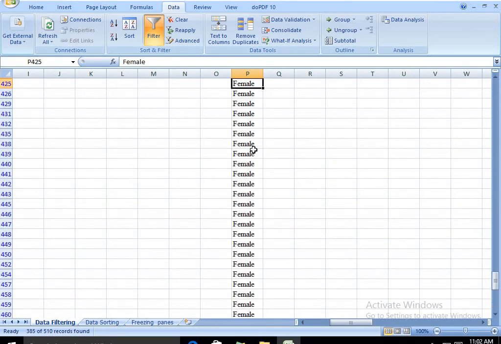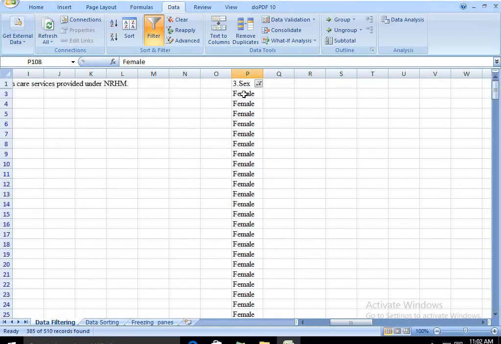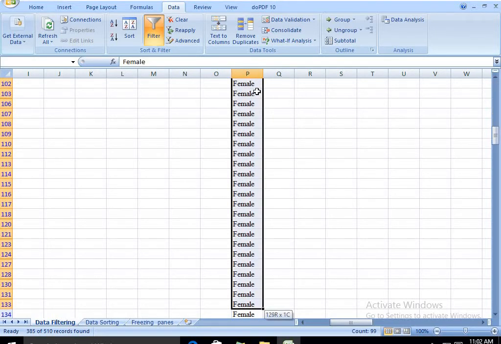So now in this case, if you just want to count how many females have been shortlisted, how many females have entered the data, you could choose the first cell and go on using your shift key and down arrow, go to the last row where the data has been entered.